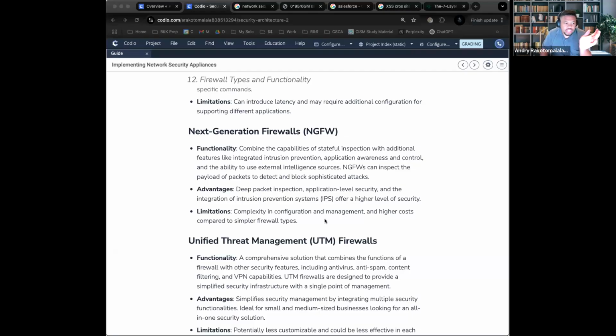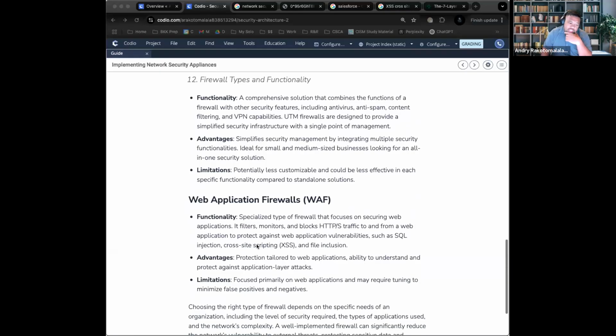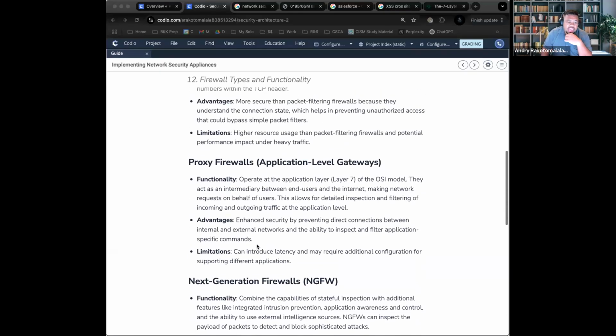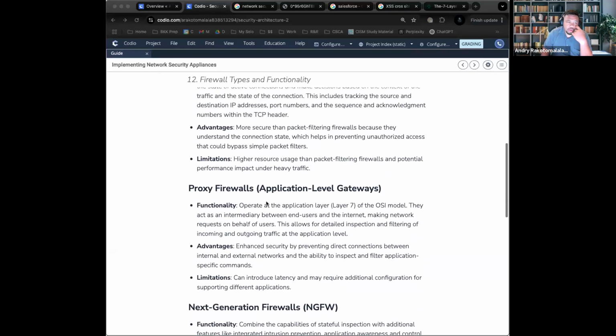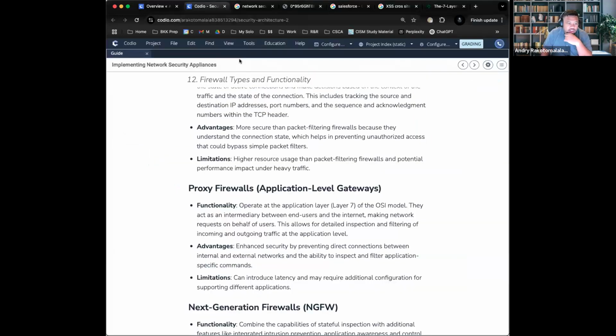However, I will say that a big organization uses next generation firewall as well as web application firewalls, and then at times proxy firewalls. Now you can see that here, right? You have a proxy server, right? Now, you could have a proxy server, and then right before it hits this switch, you could have a proxy firewall, okay? Because then it limits that connection point.